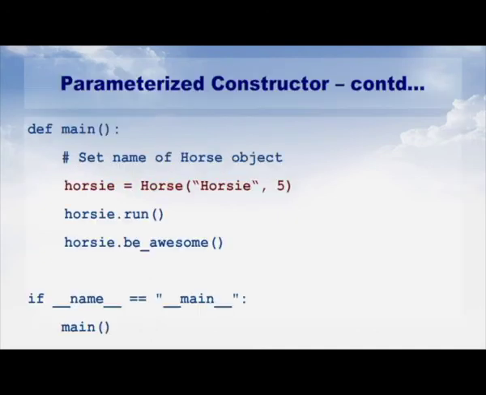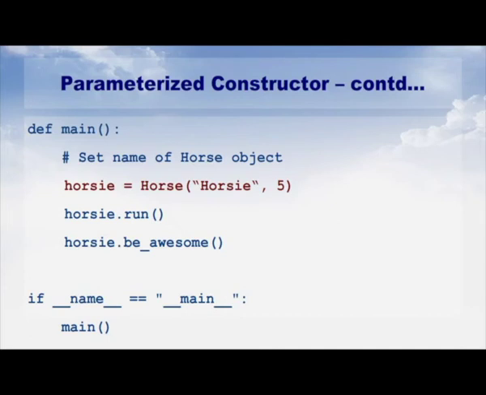Then here we make one more change to the main method. That is at the time of instantiating the horse object. The line horsey equals horse, initially we sent only the string horsey as an argument, but now we also sent a numerical value, 5, in addition to the string. The statement looks like horsey equals horse of horsey comma 5, where 5 refers to the age of the